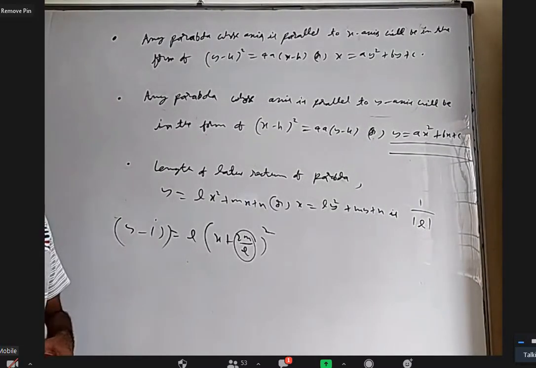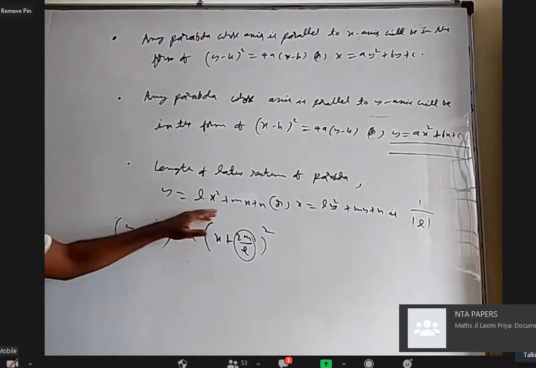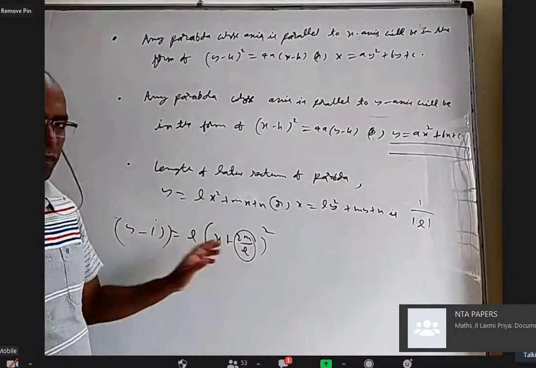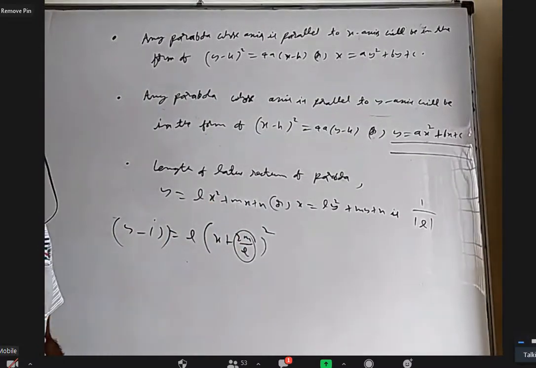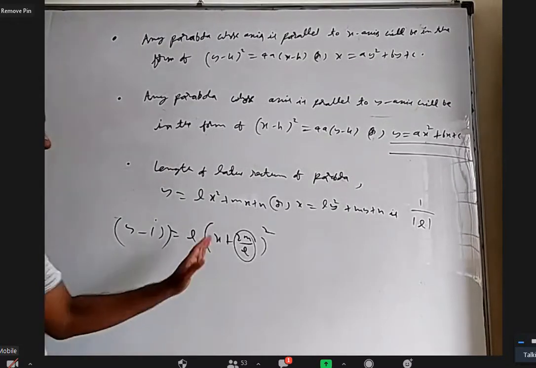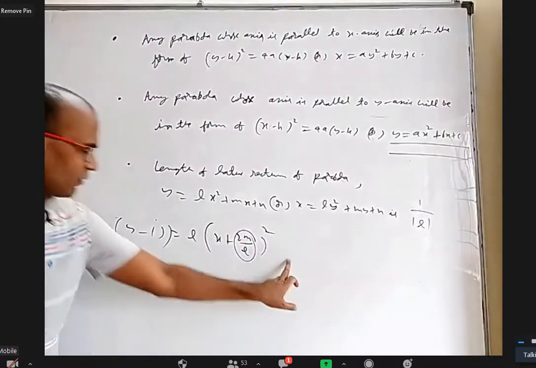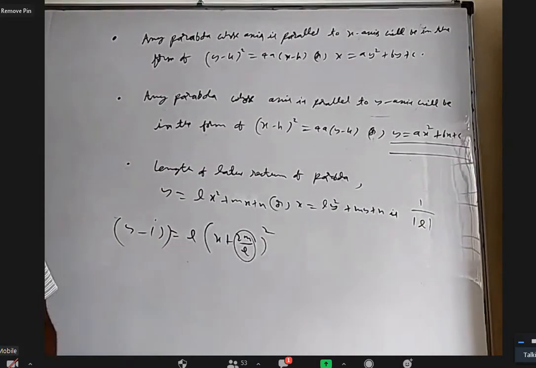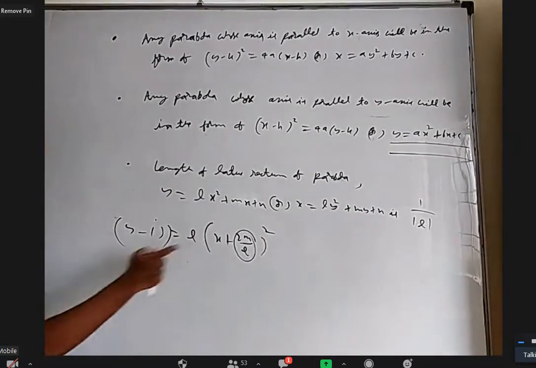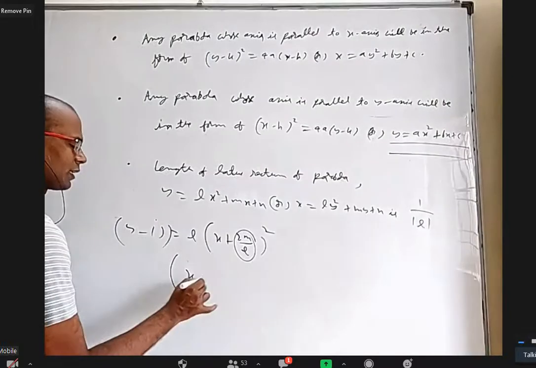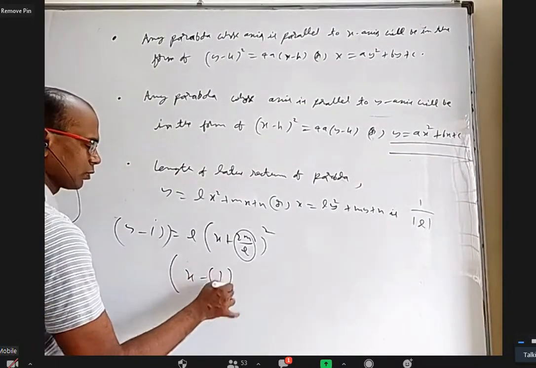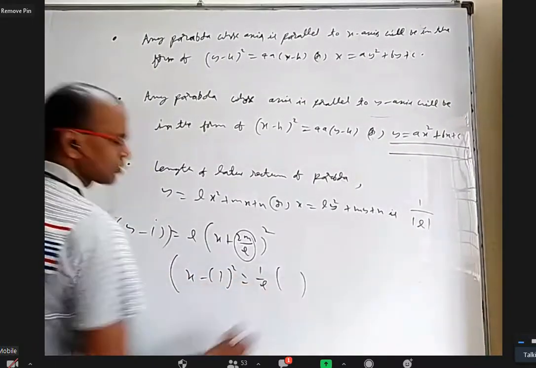While making a perfect square, first I'll take L common, then only I'll make the perfect square. Is it okay? When I make a perfect square, some extra constant will be left, that I'll bring this side, something constant here. Now bring this L down. The whole thing looks like x minus or plus something whole square equal to 1 by L into something.